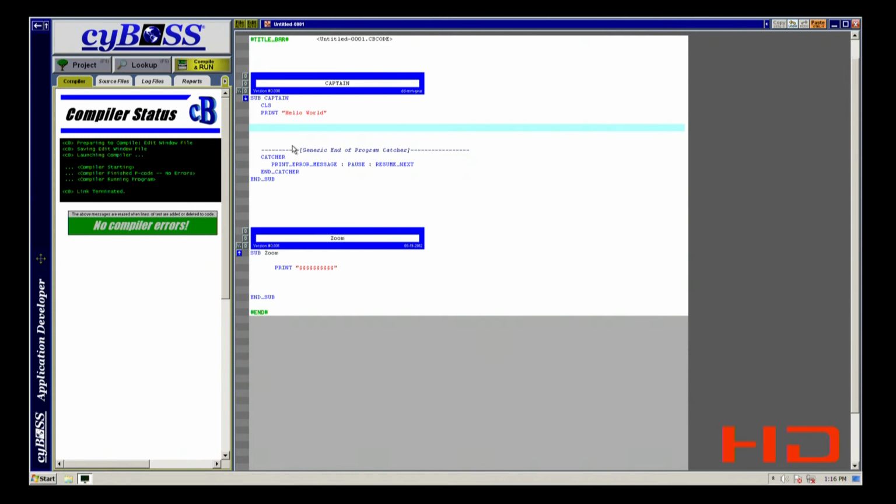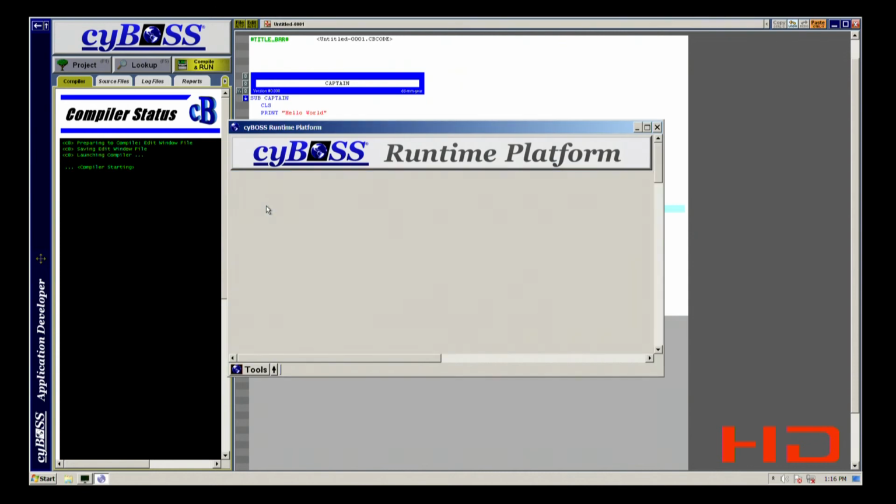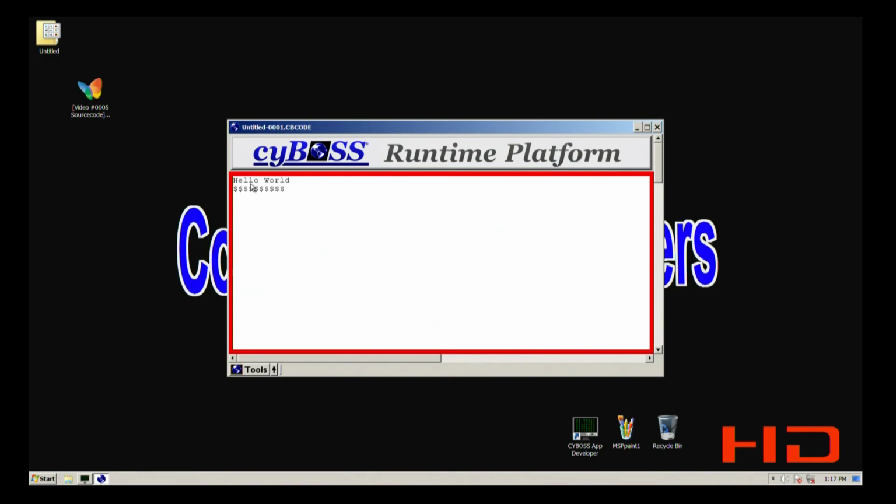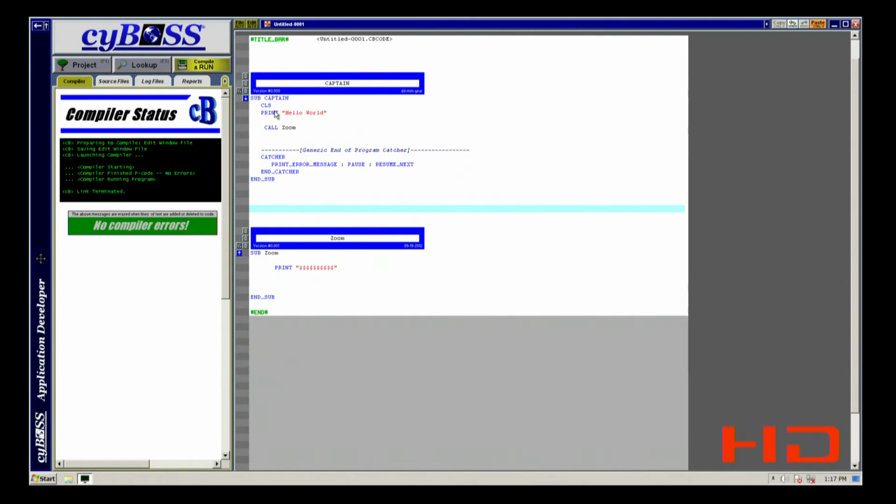If you actually want to execute the code in this subprogram, you have to call it. And to do that, use the call command. And so we're going to call, and then I'm just going to copy this up here. And I'm going to compile and run it again. Now you can see it got called. So you have hello world and you have the $signs. So what happens is the program flow comes down, hits this, calls Zoom, it starts here, follows all the way down. When the program flow hits end sub, the program flow comes back up to the next instruction after